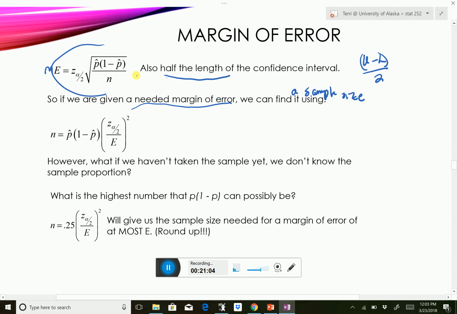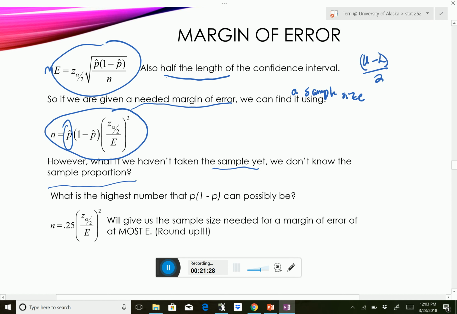Now rearranging this gives me this. N equals P hat times 1 minus P hat times Z over E, and all of that squared. However, if we haven't taken the sample yet, I don't have a sample proportion, so I don't have a P